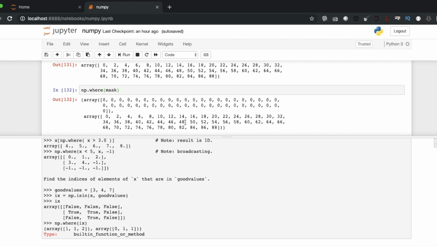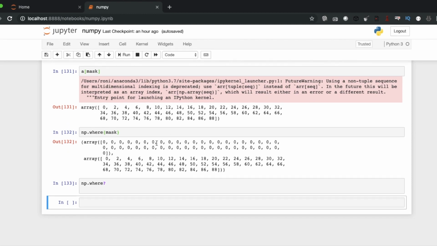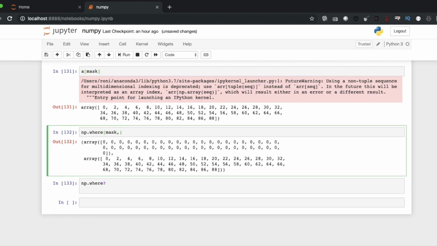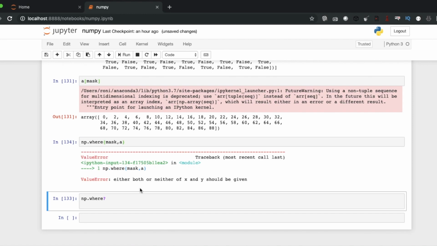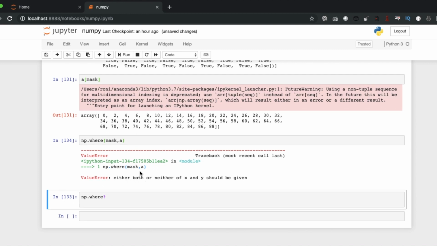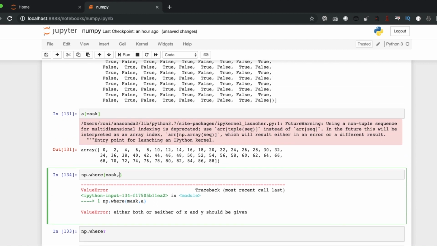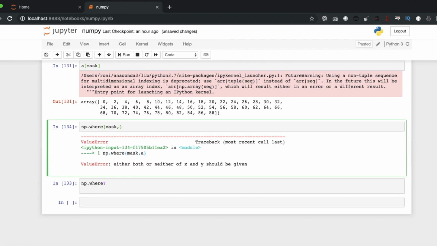I'm not sure why it is not printing the locations. Either both x and y should be given. I'm not sure what is x and what is y. This is something strange. I never had this problem before.